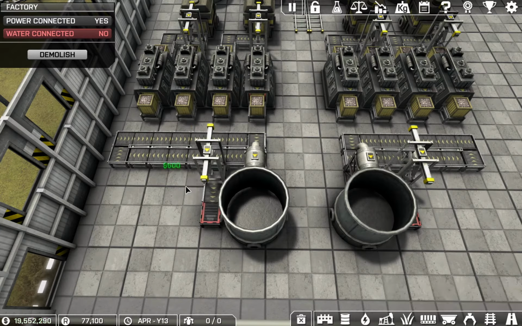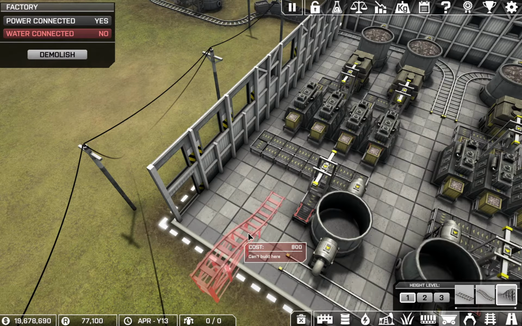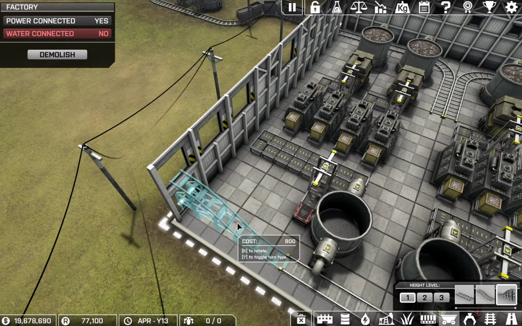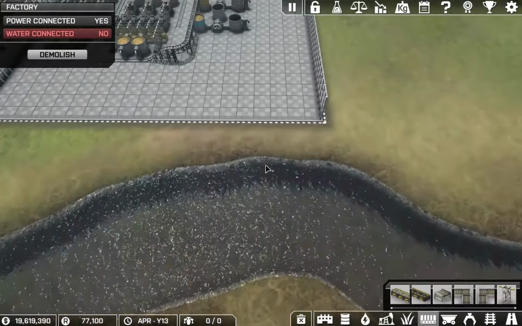Yay. Now, can we put a door up here? And maybe. Ooh, we can. Nice. Get that right up in there. Like so. Let's start filling those up. There we go. That process has started. Now we can head on over to here somewhere. I think the best place for that will be...